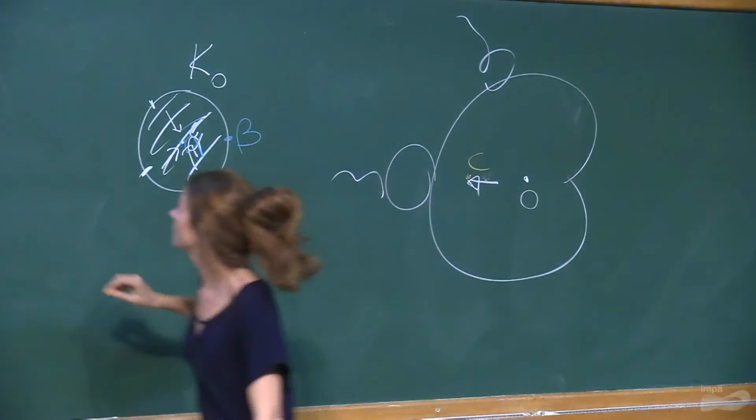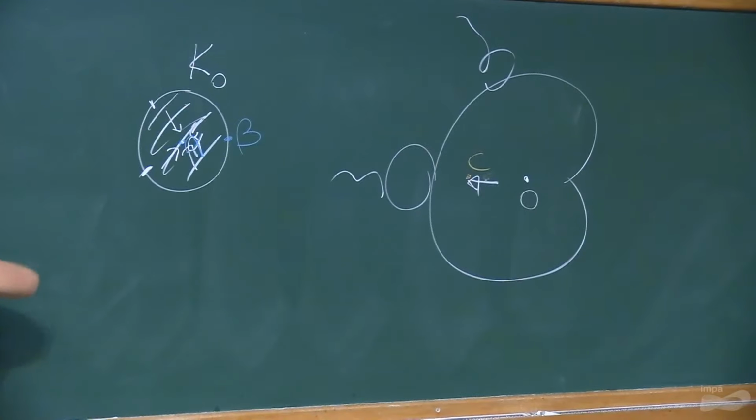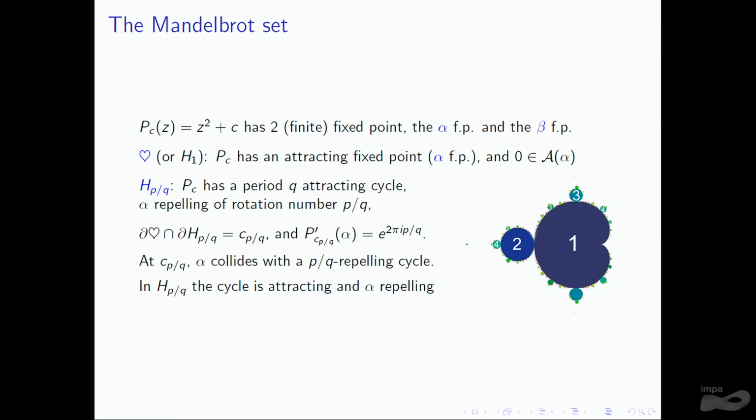We have that K of C is going to look something like that. And getting closer to this point, this orbit gets closer to the alpha fixed point, till that